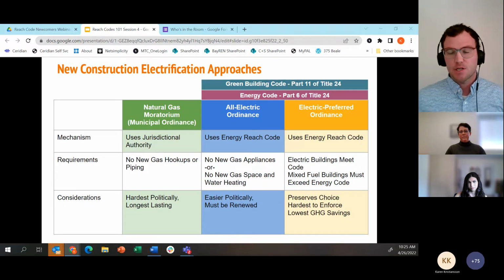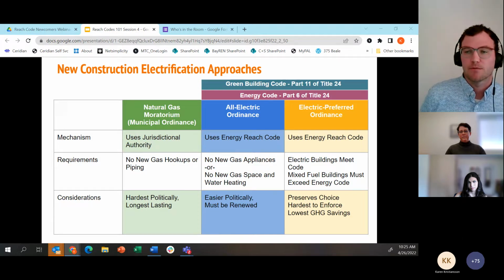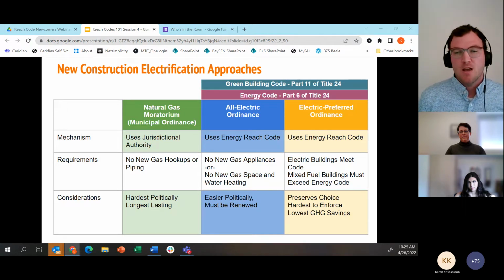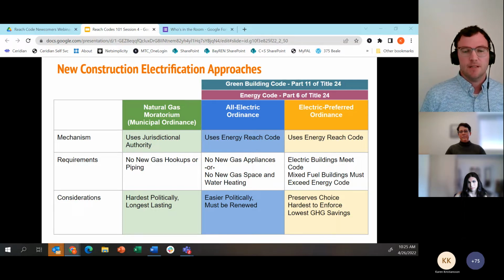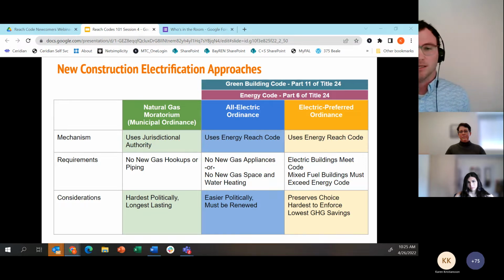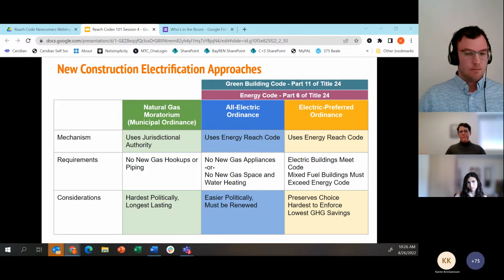And the final option is, as I mentioned, referred to as an electric preferred ordinance. And what this ordinance does is it sets up a requirement that essentially offers two routes. If the building is built all-electric, then the requirement is that that all-electric building must meet code standards.